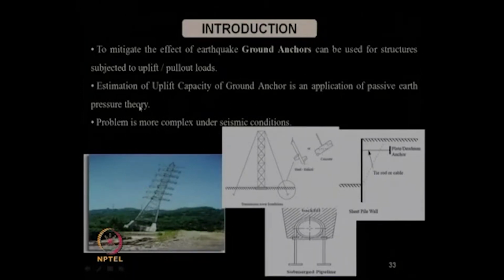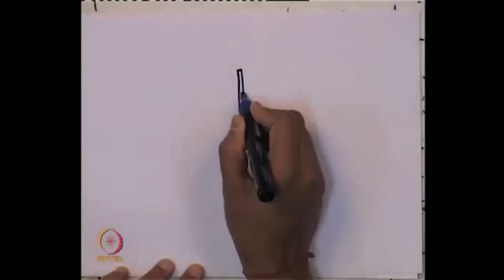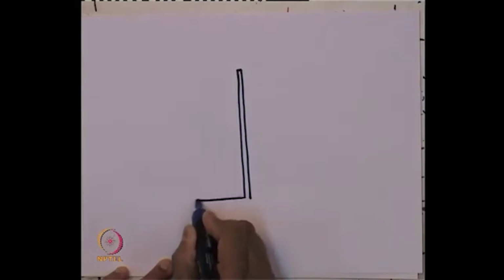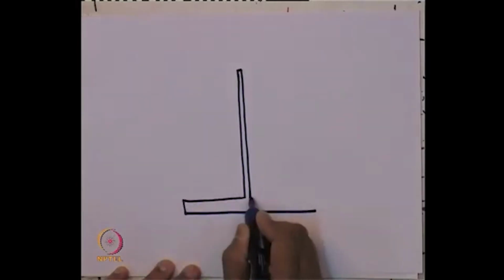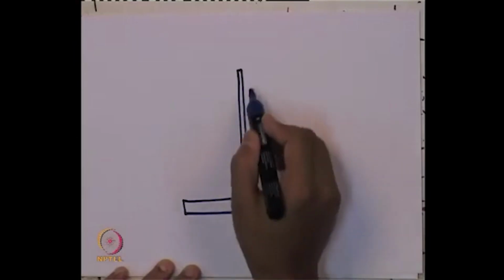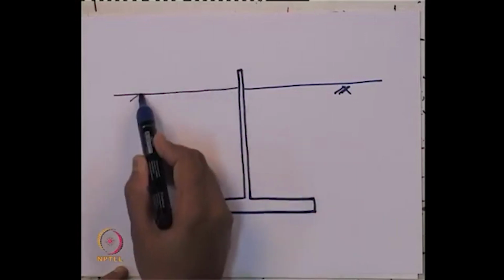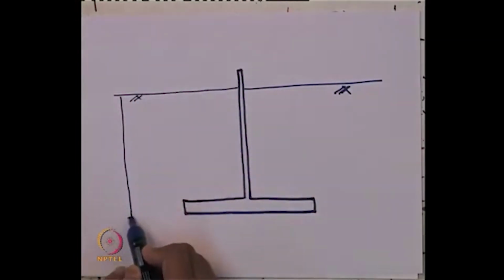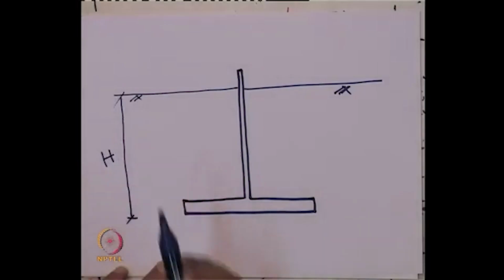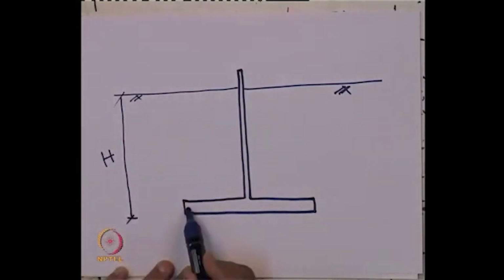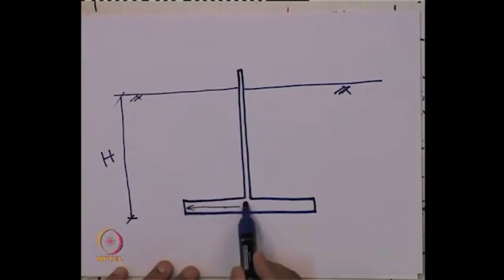So, that is why when we are calculating the uplift capacity of a ground anchor, I can explain it through this basic diagram, as I have also mentioned earlier. Suppose this is an anchor rod which is connected to an anchor plate, something like this. This ground anchor is embedded up to a certain depth. Let us say this is the depth of embedment of the anchor, h, and this is the width of the